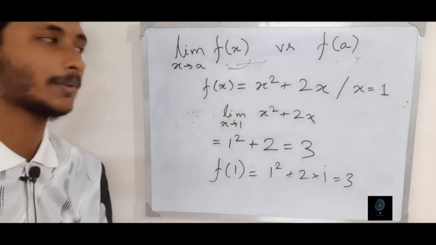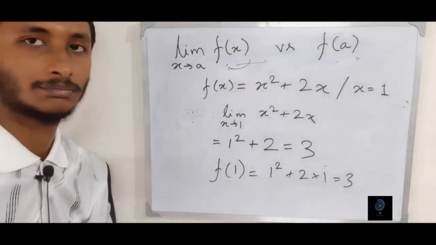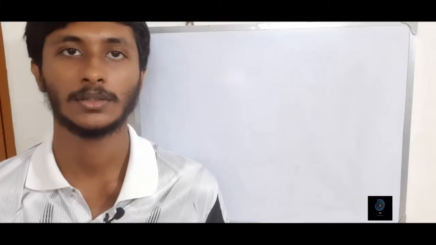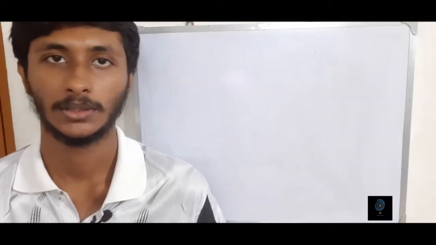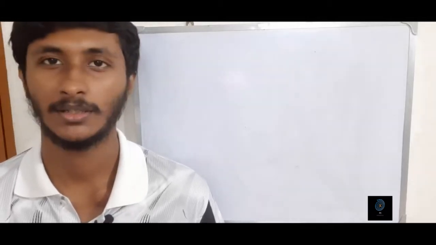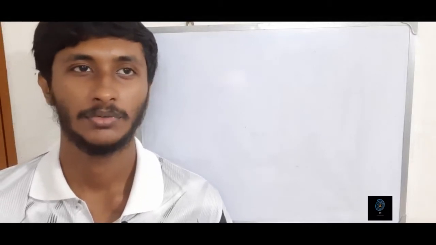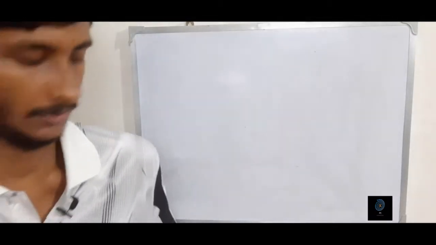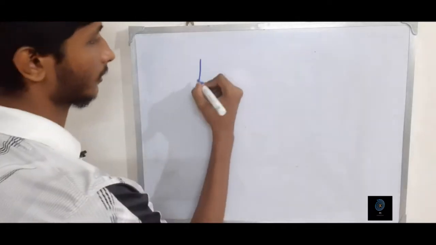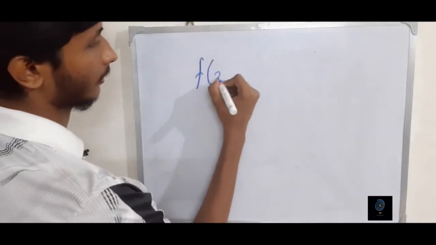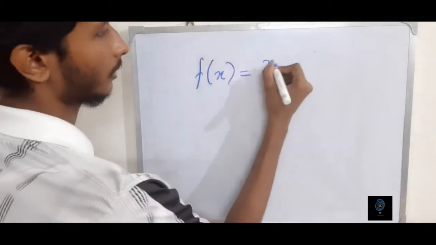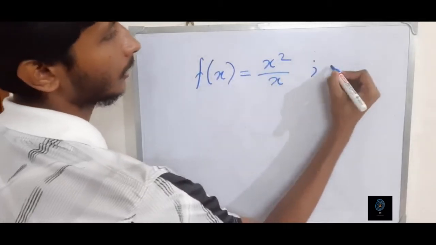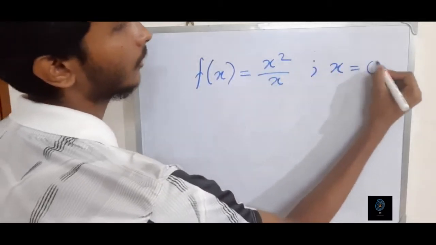While solving problems, we will get many examples like that. So now we will be solving some problems with diagrams, because in many cases it happens that if you draw the diagram, it helps you to visualize the problem in a better way. So let us take a function f(x) equal to x square by x, and we have to determine its limiting value at x is equal to